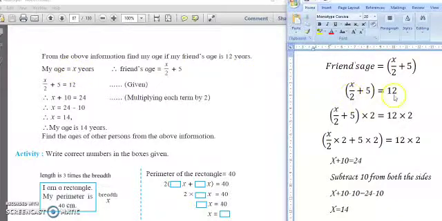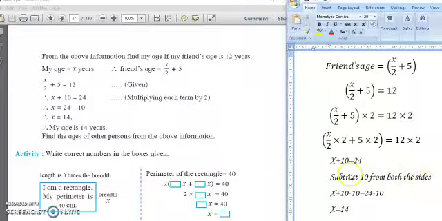x upon 2 plus 5 equals 12. Now you know how to solve the equation. First of all, what you will do, you will multiply by 2, so that 2 will get eliminated from this division. So x upon 2 plus 5 multiplied by 2 equals 12 multiplied by 2. So here x upon 2 multiplied by 2 plus 5 multiplied by 2 equals 12 into 2. So x, this 2 gets cancelled, only x will remain here, plus 5 2s are 10, x plus 10 equals to 12 2s are 24.